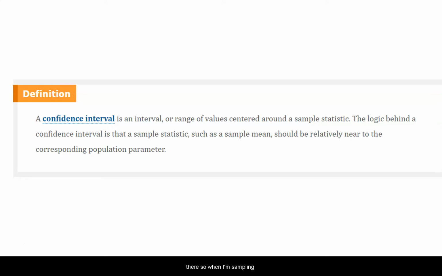So when I'm sampling samples from a population, we understand that it's not going to be perfect. It's not going to represent that population perfectly. And therefore, we're going to have quote-unquote error bars around it. That error bar is defined by this idea of a confidence interval. And typically, it's 95% confident.